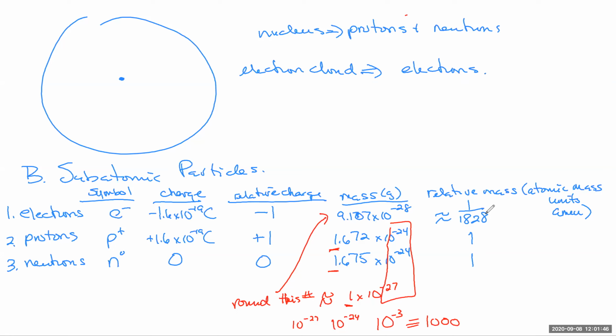In decimal point, that's 0.00055-ish. It's very tiny. So what's going to be true is when we're finding the mass of an atom, lots of times we're going to ignore the electrons because they're just so much smaller in mass, on the order of magnitude 1,000 times less massive. Now remember, electrons are in the electron cloud, and both protons and neutrons are in the nucleus. Sometimes things that are in the nucleus are called nucleons, protons and neutrons, since those are found in the nucleus.